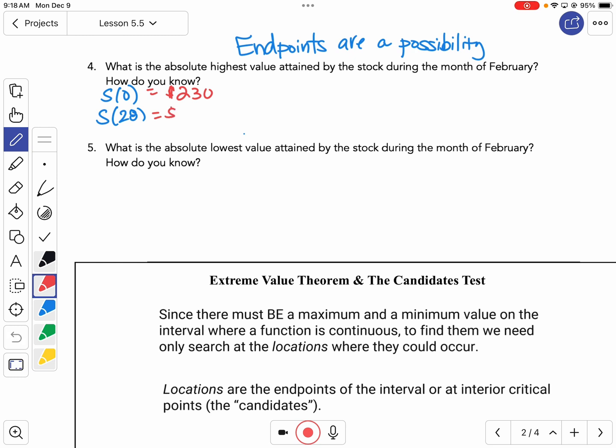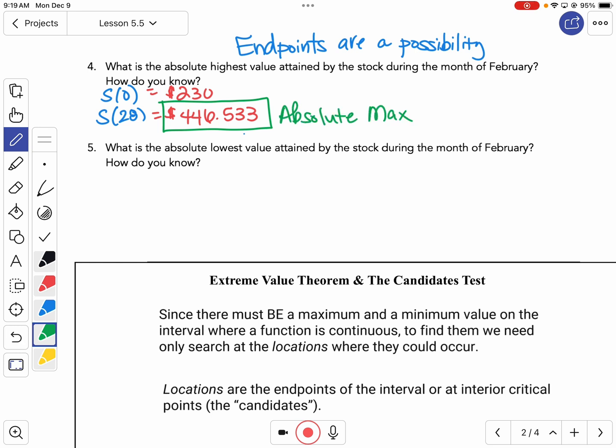S at 28 is $446.533. Okay, so we've looked at our critical points. We've looked at our endpoints. So what is the absolute highest value that the stock attains? Yeah, it happens at S at 28. It's $446. Okay, this is our absolute